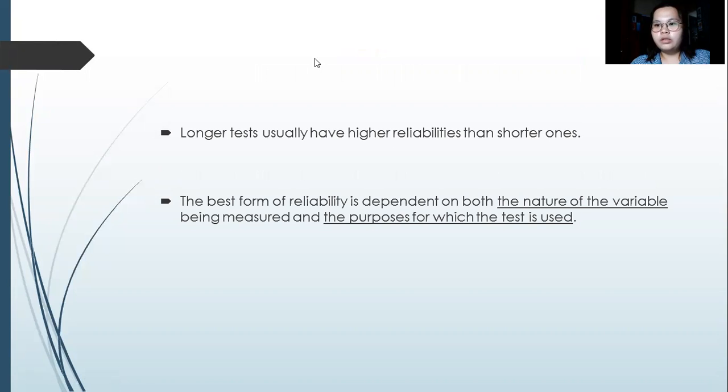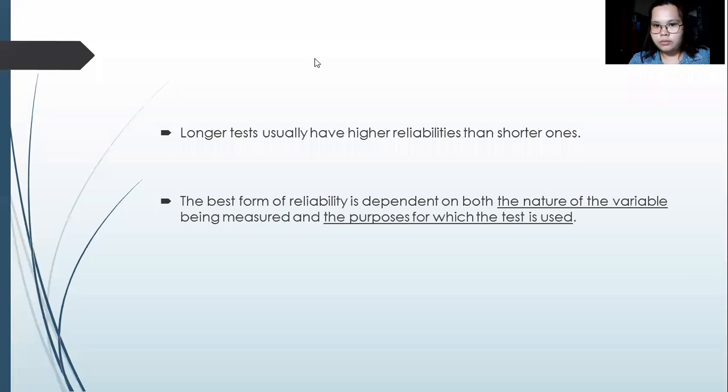Minsan may naka-encounter na rin ako ng test na mahaba, and then yung tanong sa number 1 ay magiging tanong din sa item number 52. So tinitignan talaga doon yung consistency mo. Next naman, the best form of reliability is dependent on both the nature of the variable being measured and the purpose for which the test is used.